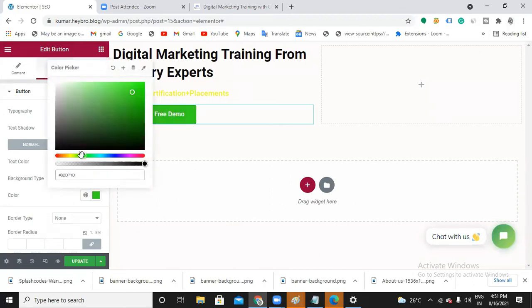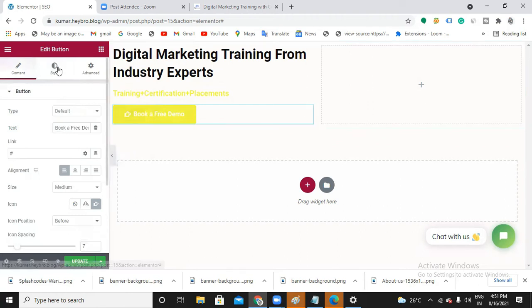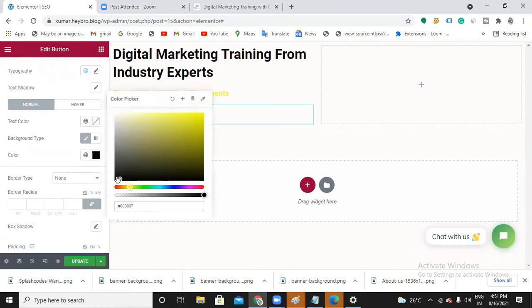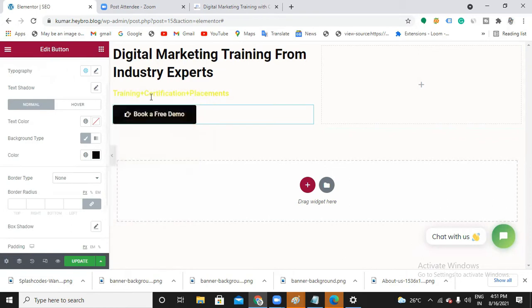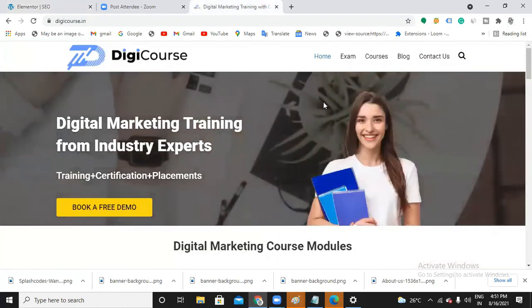Why do you want to go with the green? Green is positive, ma'am. Green means think of trees. That's why. Okay, yeah, good. No, I'll go with another color. Black. Black is better. Okay. So shall we not play with the colors right now? Okay. Now I'm done with this section. So what is next?